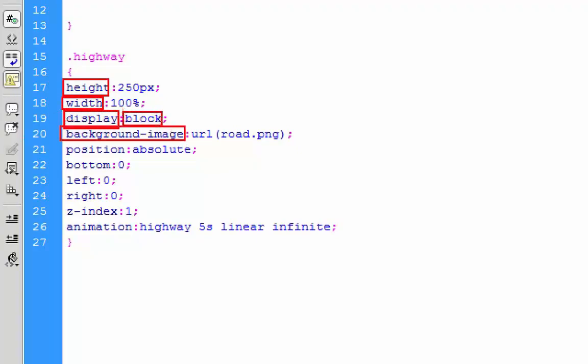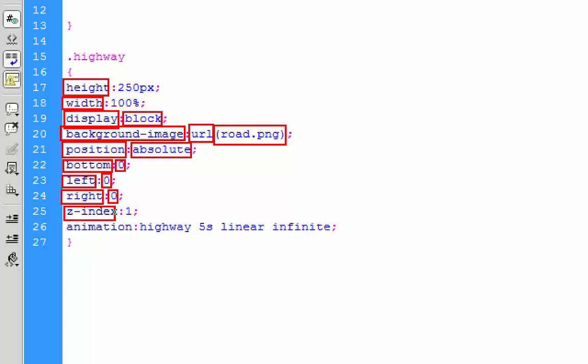So here you can see that we use height, width is 100%, display is block, that means it can specify how the image is displayed. Background image is the image which is shown on the website. Position is absolute, that means it can adjust relative to the parent, and bottom is 0, left is 0, right is 0, that means it is present at the bottom of the browser. And z-index is 1, that is our status.